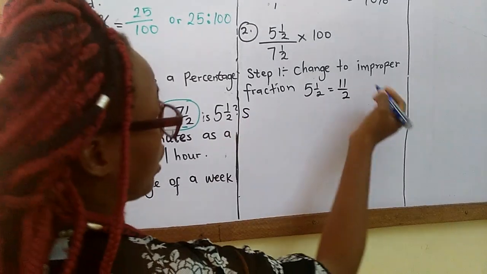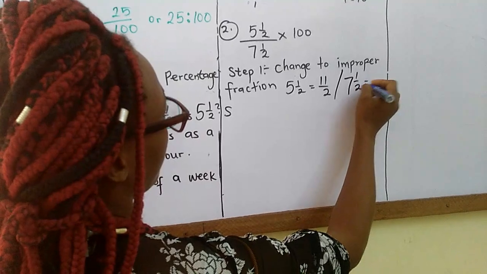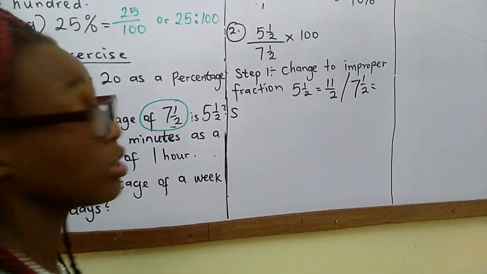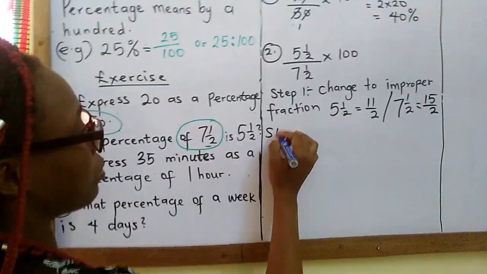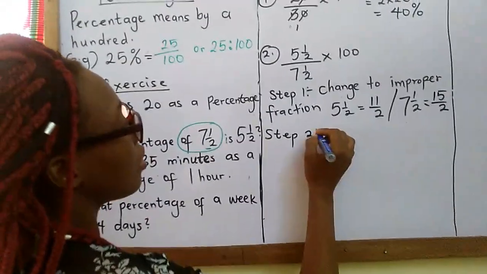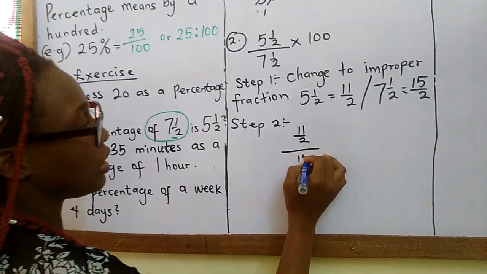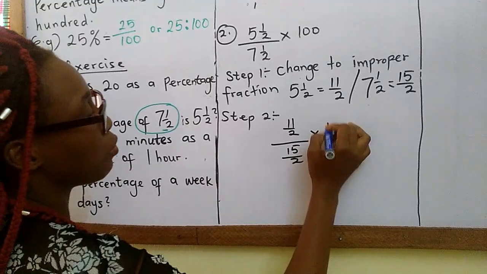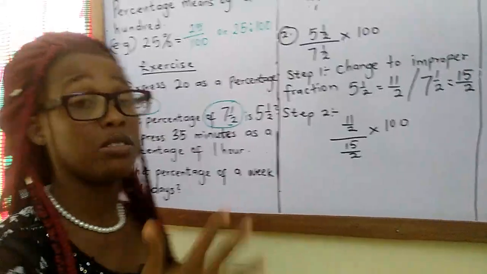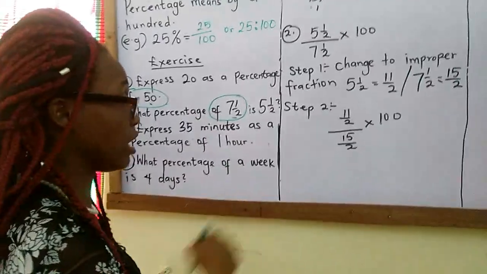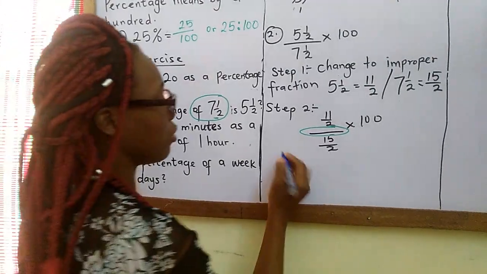Now we do the same with this. 7 whole number 1 over 2 is the same as 7 times 2 is 14, 14 plus 1 is 15 over 2. So step 2, we have 11 over 2 divided by 15 over 2 times 100. In our previous class, we mentioned you cannot divide fractions. We have to change this divide to multiplication. So we'll be having 11 over 2